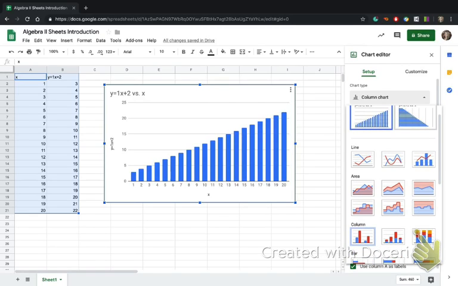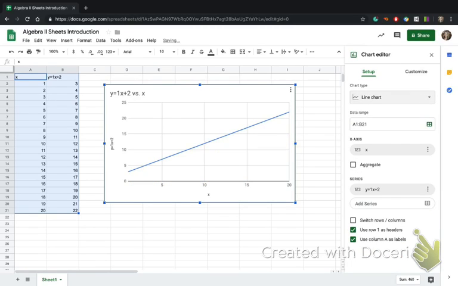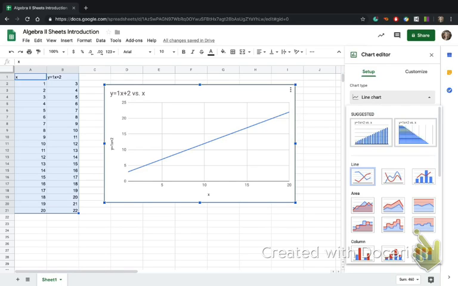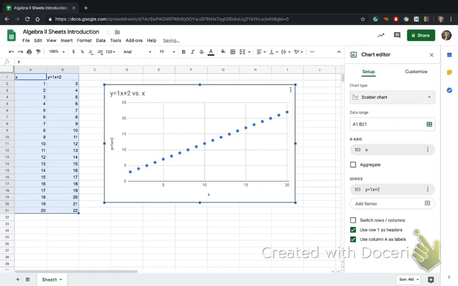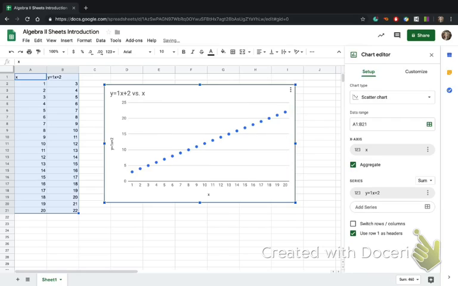Here's the line charts. You can mess around with these. There's the line. Cool, right? I'm going to go down to the bottom. I want to show you the scatter plot. There was a scatter plot. When you're on scatter plot or scatter chart, there in the middle of that field, it says aggregate. I'm going to go ahead and click that, and it just gives me a little bit more information about my